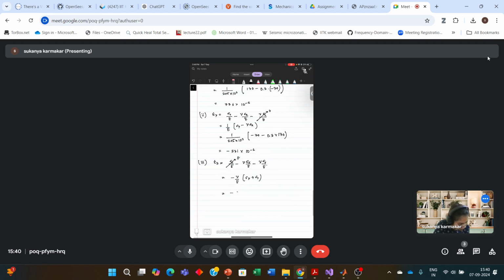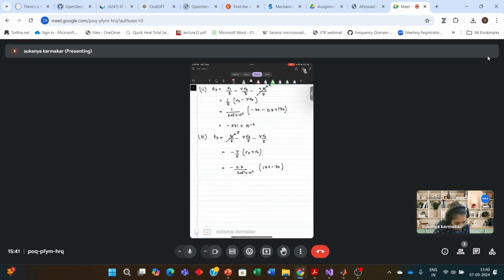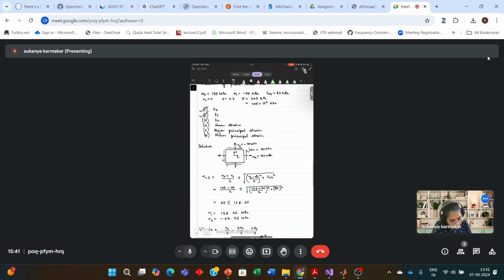So this is minus 0.3. E is 205 into 10 to the power 3 MPa. Sigma x is 130 and sigma y is minus 70. So if you solve this, you will get minus 87 into 10 to the power minus 6. No unit because it's strain. So epsilon z is done. Then you need to find the